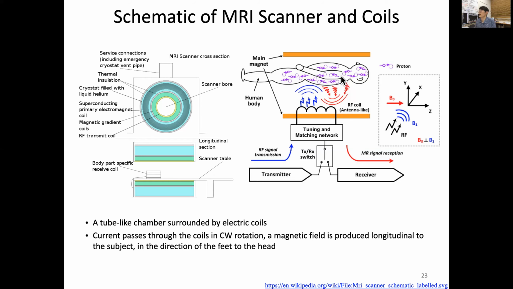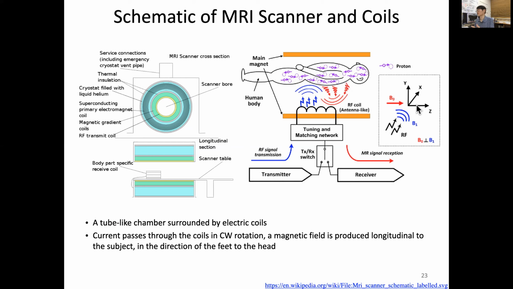Okay, now this is a cartoon showing the main magnet providing the static magnetic field, and inside the body there are multiple protons which will align parallel or anti-parallel. And here's an RF coil which can serve not only for transmitting radio frequency but also for receiving. So RF signal transmission gives a perturbation, and then we use the same coil as an antenna to measure the MR